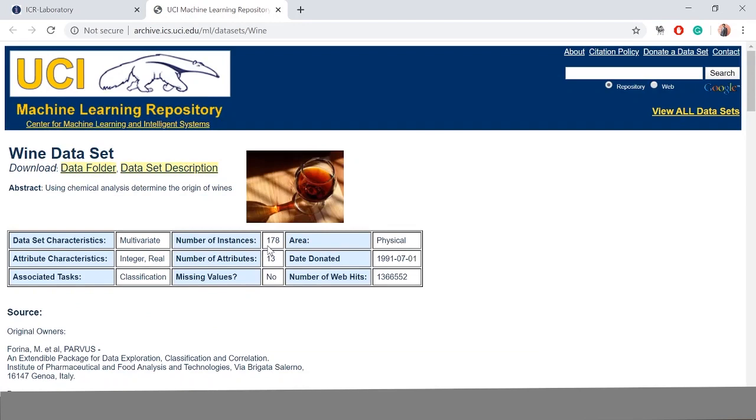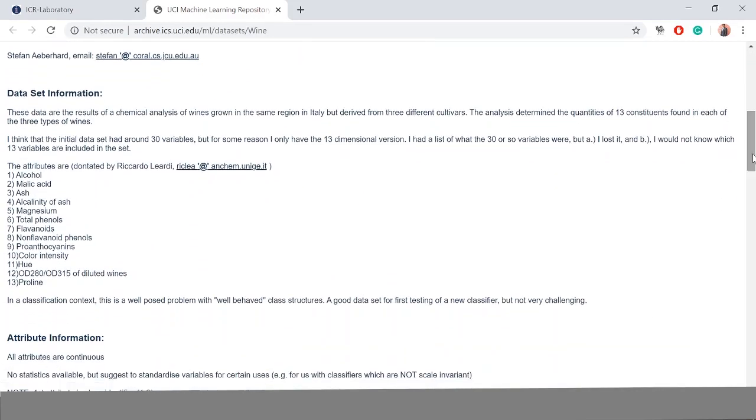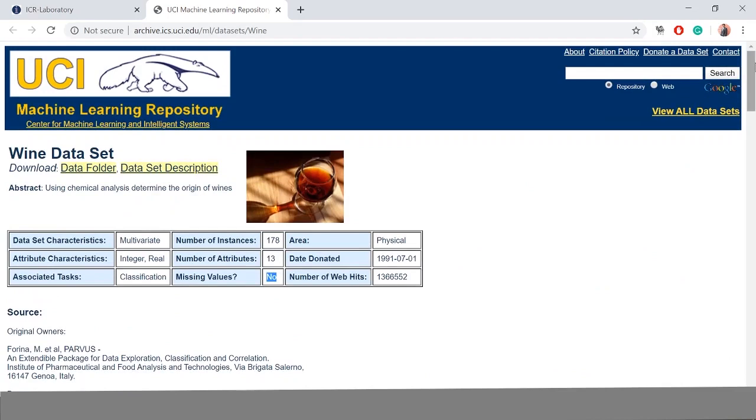Number of instances is 178, number of attributes is 13. It is a classification task with no missing values. If you see the statistics of the dataset, these are the 13 features: alcohol, malic acid, ash, magnesium, total phenols, and the dataset is fully available on the UCI machine learning repository.